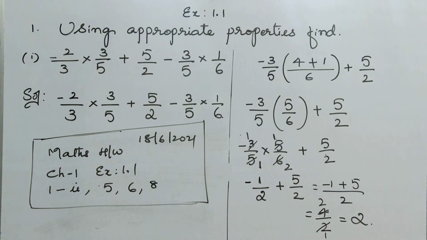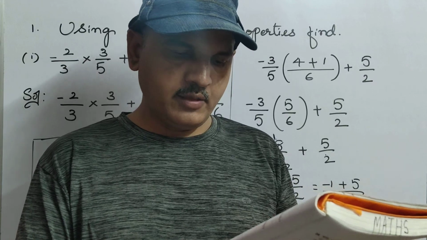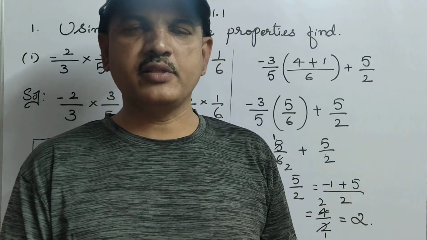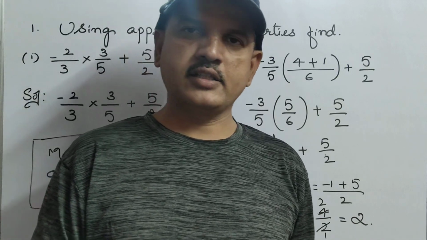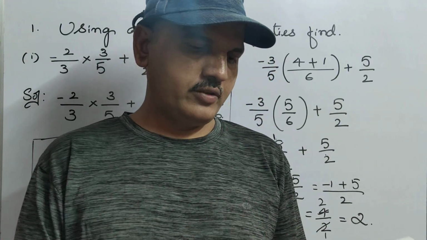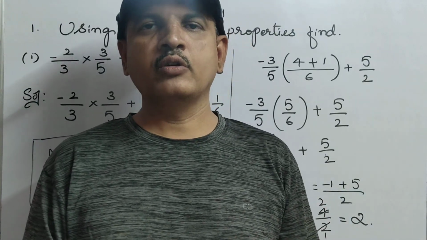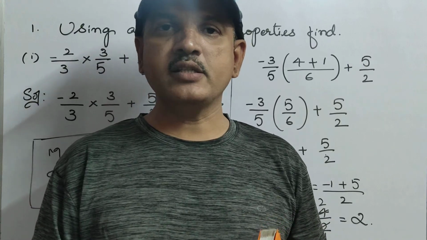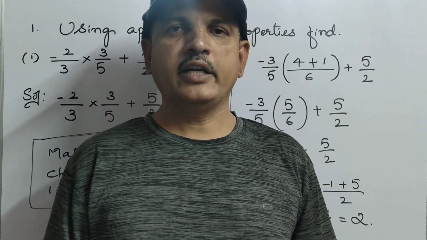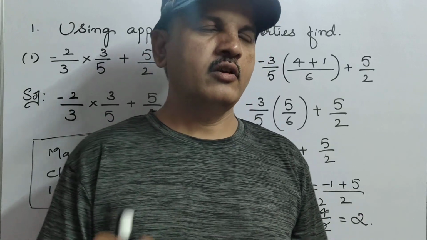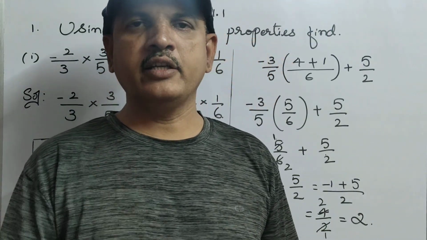Okay children, in the next class we are going to discuss the 9th sum, which is left over for us, and the 7th sum, 7 and 9 and 10, 11. So we can finish the exercise in the next week. And even we can try to finish exercise 1.2 also. So by that time, get ready with your scale and pencil, because there is a number line also. So get ready with the pencil and scale also. At that time don't search for the pencil, where is my pencil, where is my scale, like that. So okay, maintain everything properly.